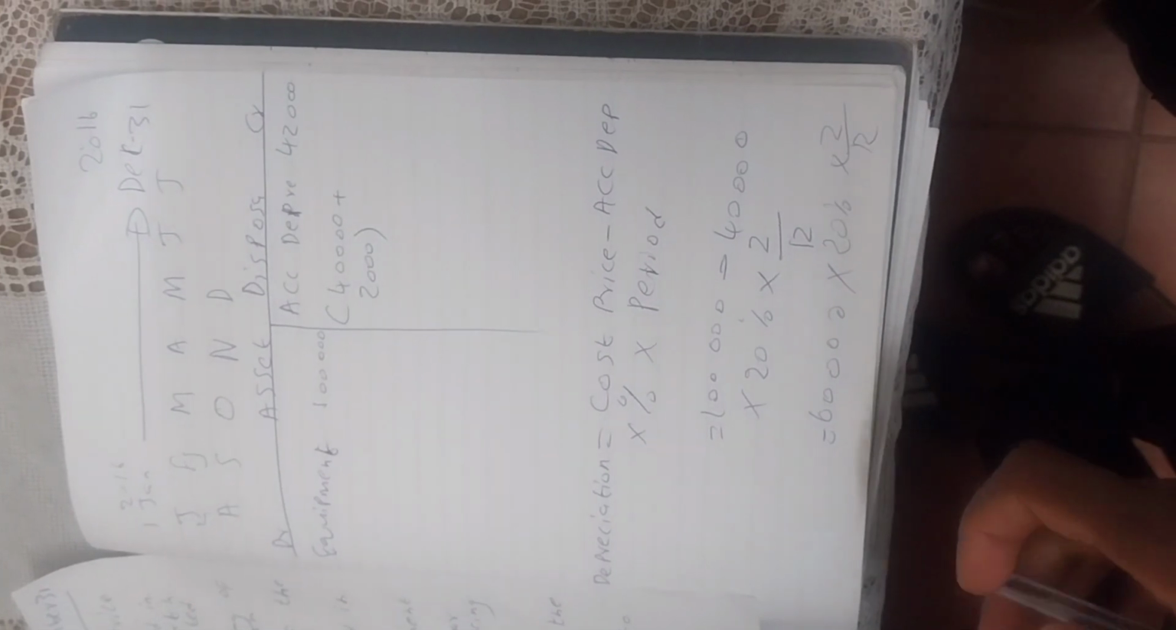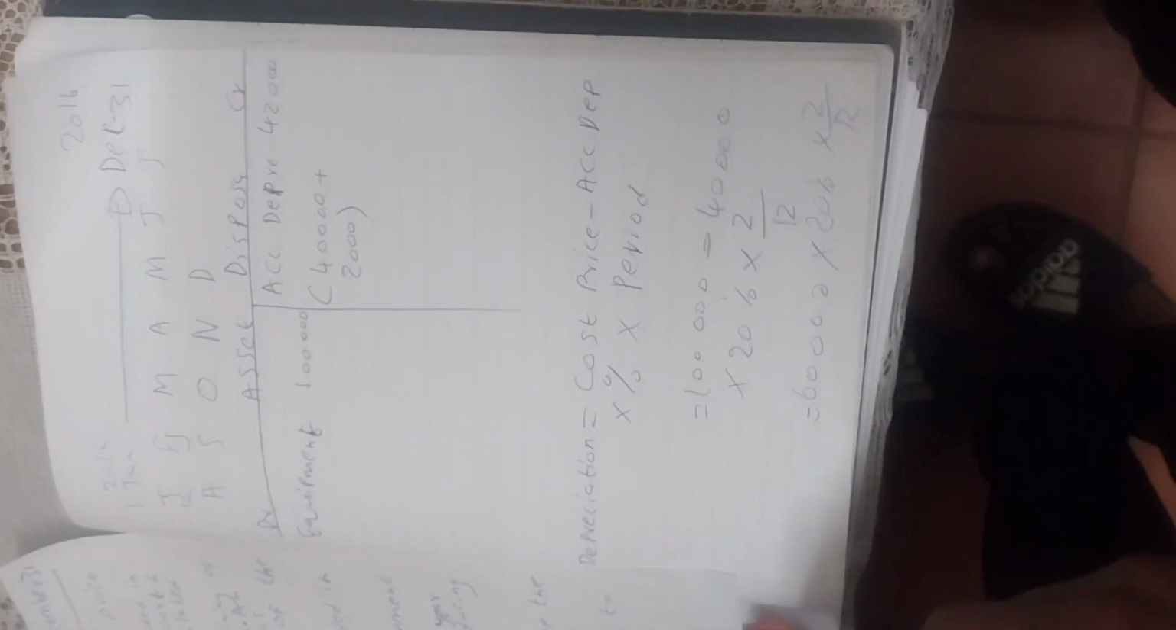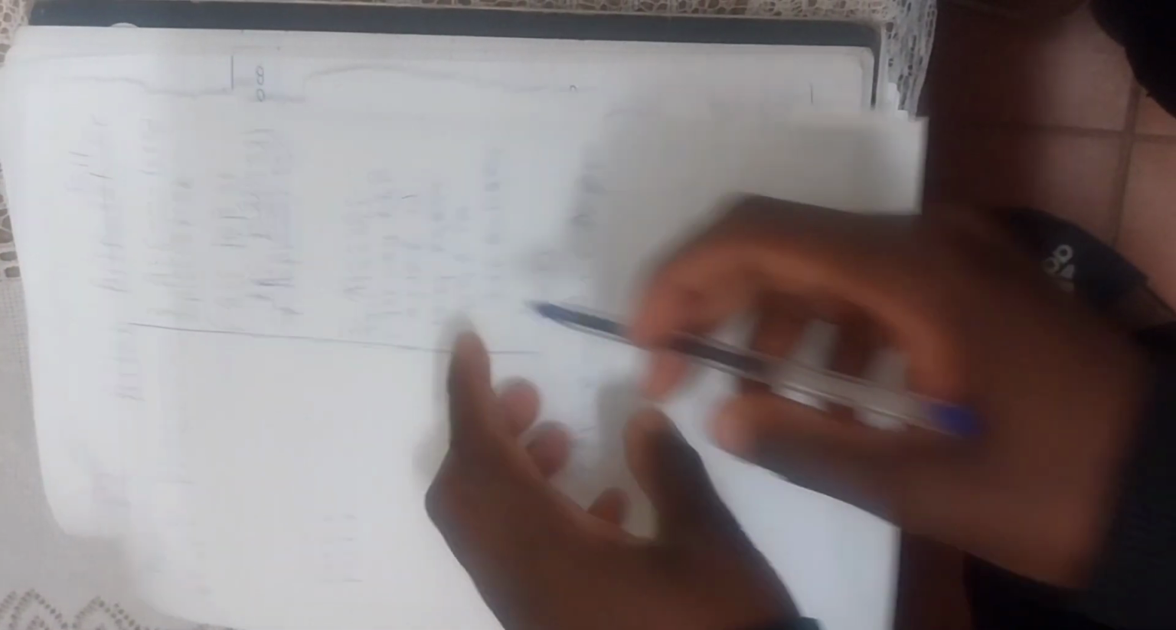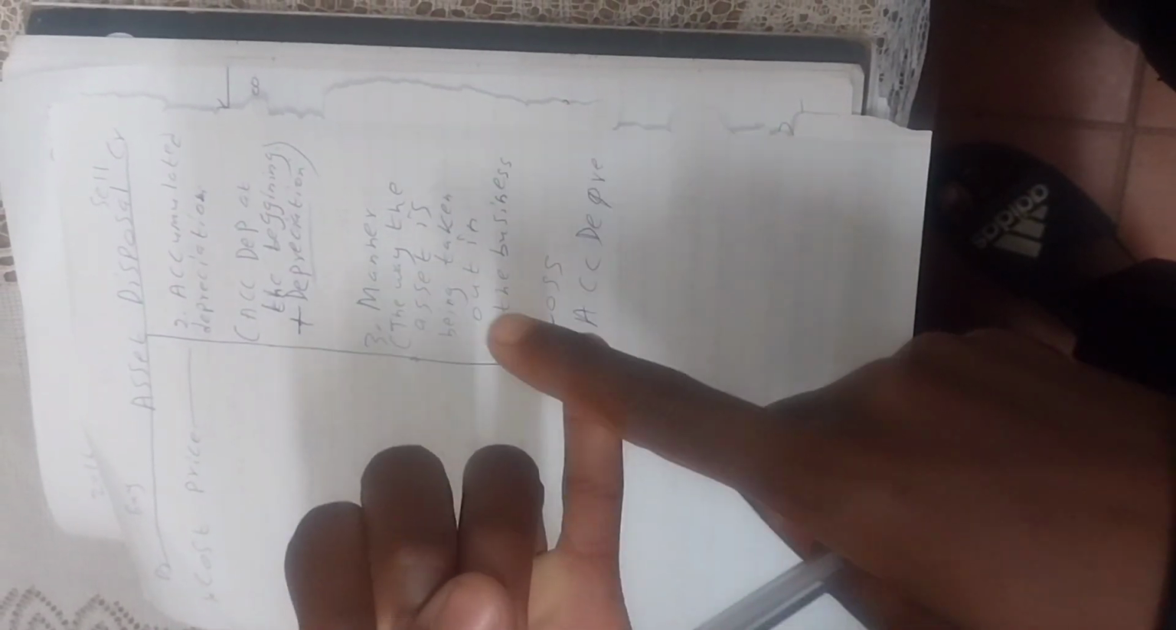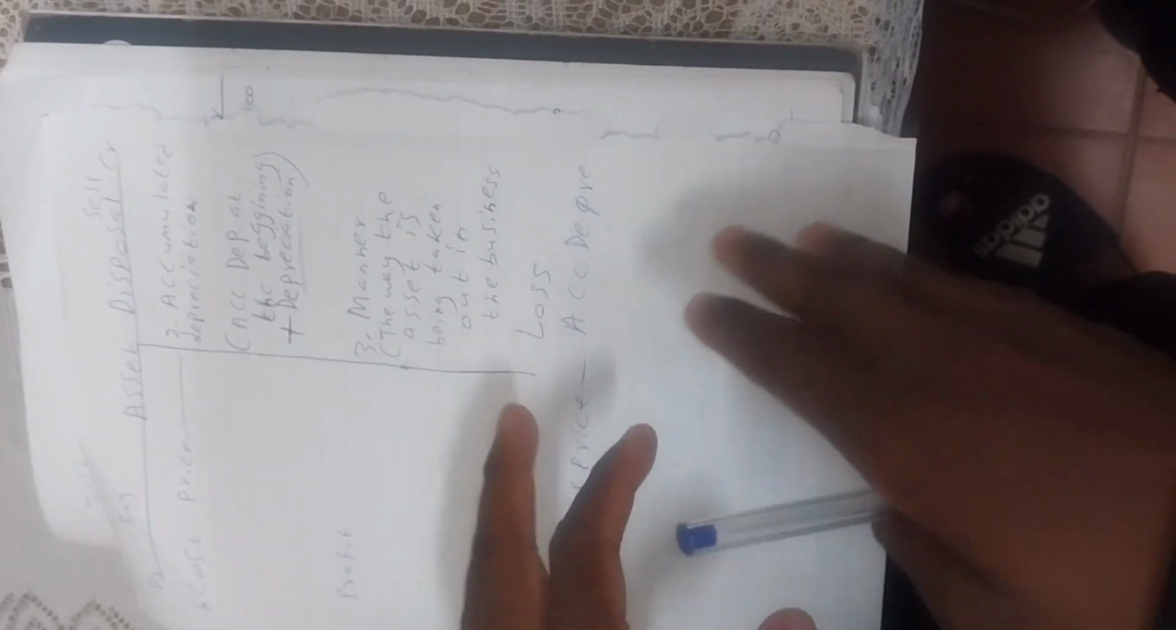Thirdly, we want to record what we call the manner. This is the way the asset was taken out of the business. Let's not forget what the manner can be. The asset was sold. It can be sold with cash. If you sold it with cash, we're going to talk about bank because of the money we're receiving in the business. If it was on credit, we're going to talk about debtors control, since we sold this asset on credit to someone. If we donated the asset,